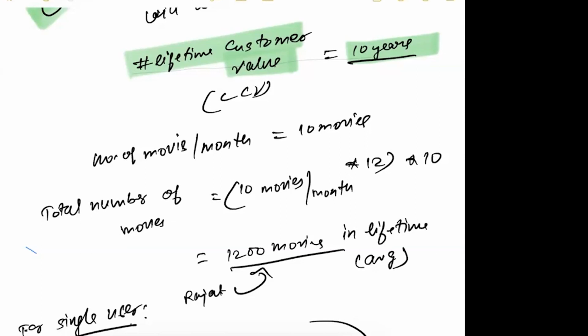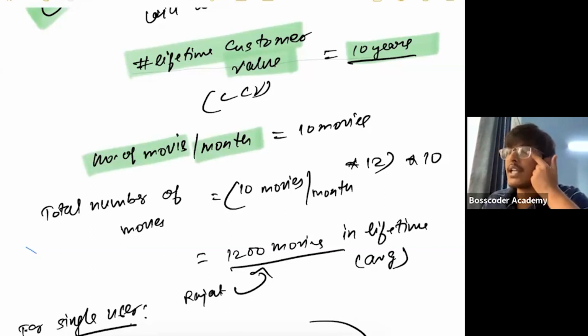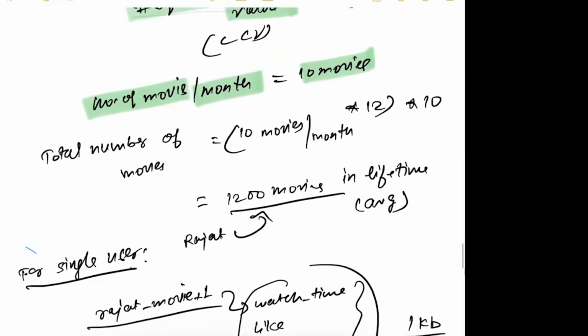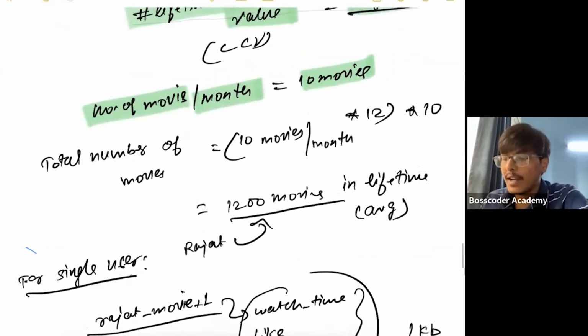Okay. And then we are saying how many movies are people watching in a month on an average. Some people, for example, I have a Netflix subscription, but I have not watched it. I don't even remember when is the last time I watched a movie. Some people might watch a lot of movies as well on Netflix, right? So we said on an average, people might be watching 10 movies a month, right?